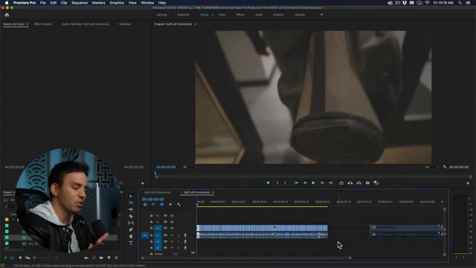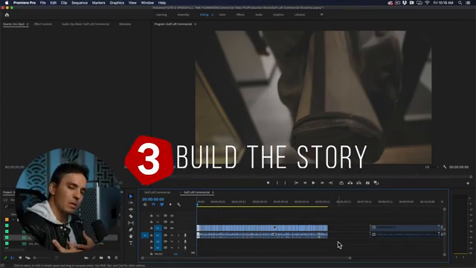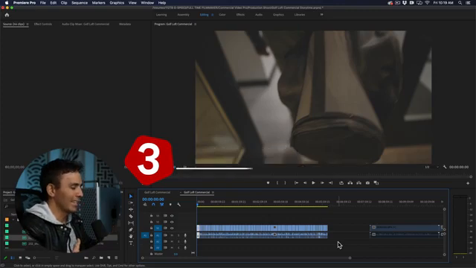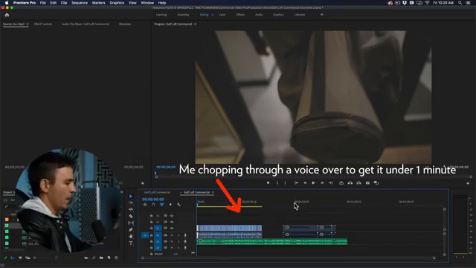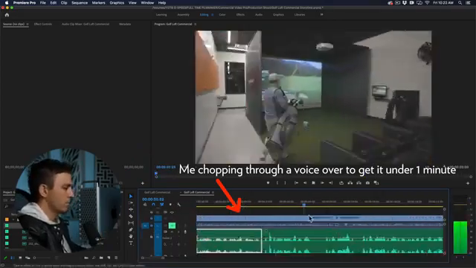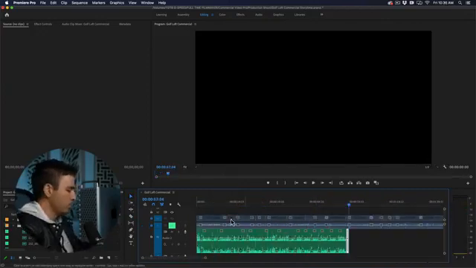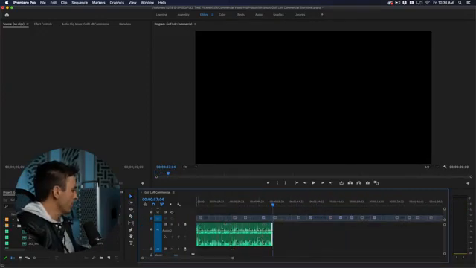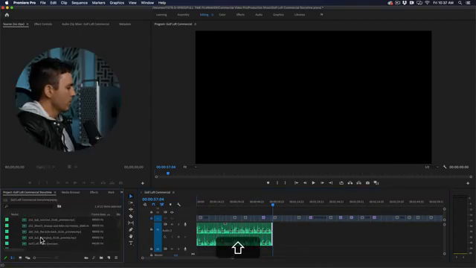This is where the fun part starts, where we get to actually start building our story on the timeline. And the first step that I usually take when building a story is I like to bring in my music, decide what music I'm going to use, and in this case, bring in the voiceover as well, because the voiceover is going to kind of carry the story and help us decide which clips are going to go where. Have our voiceover set, ready to go. Now we are going to bring in our music options. So I'll bring all of those in to the